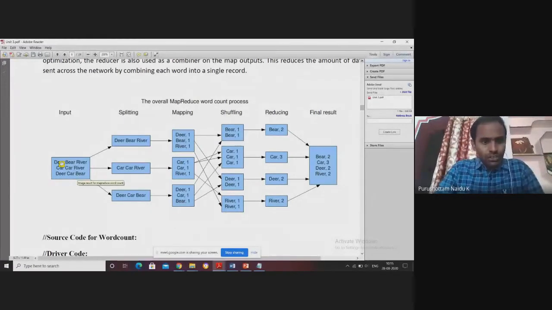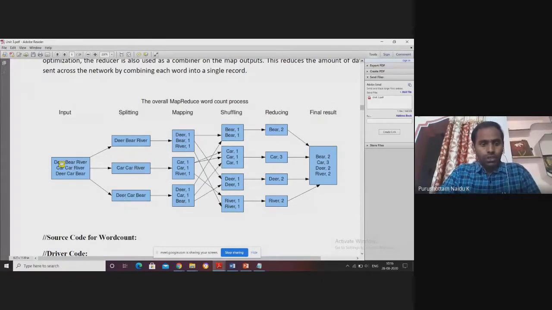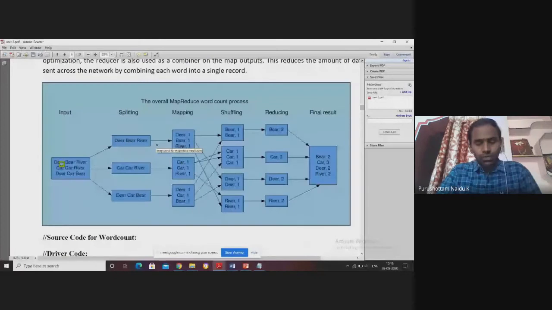For understanding purposes, let's divide it into 3 blocks, since we have 3 lines. Let's assume the first line is in the first block, the second line in the second block, and the third line in the third block. Let's assume the input file is split into 3 blocks. Each and every block is stored at which node? The name node.